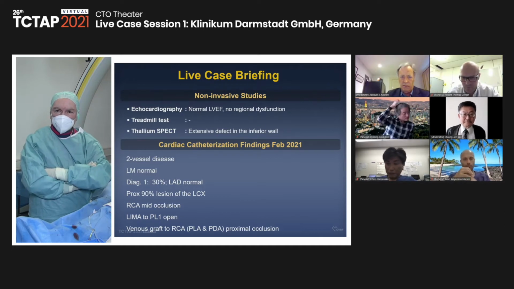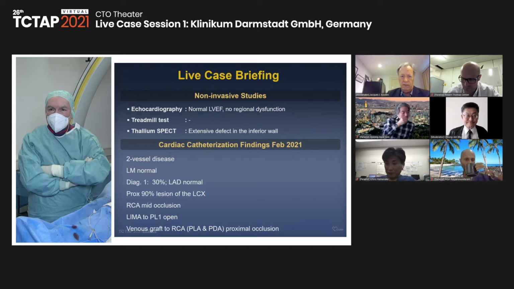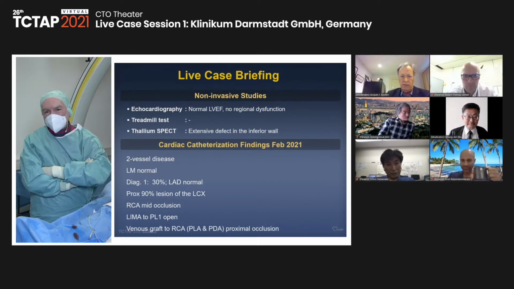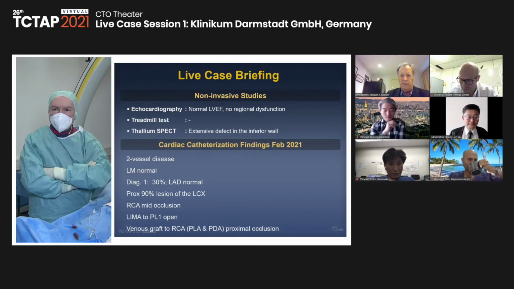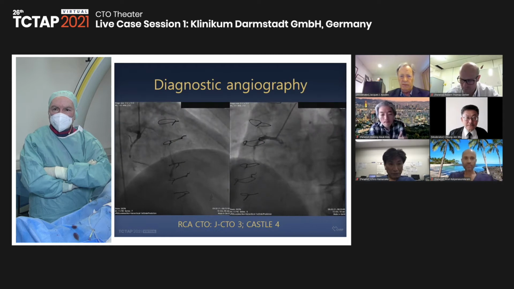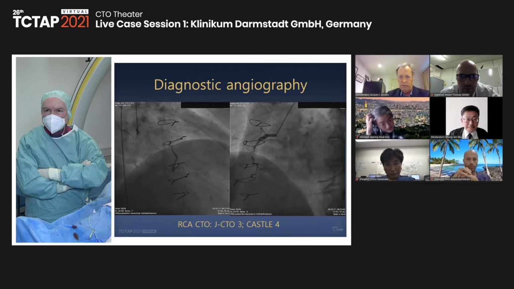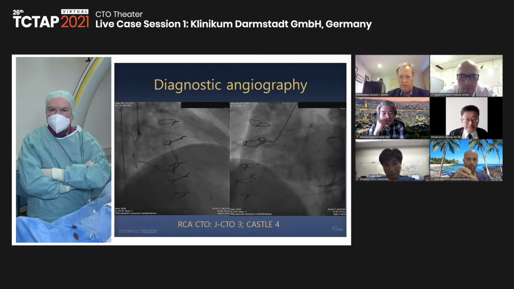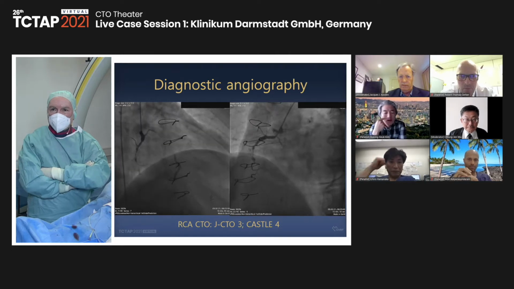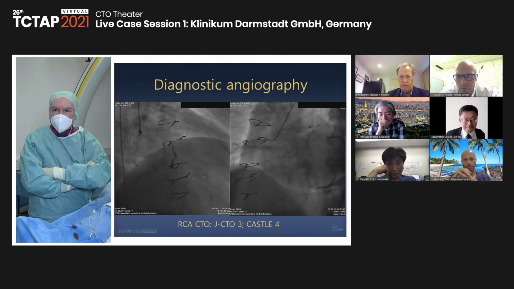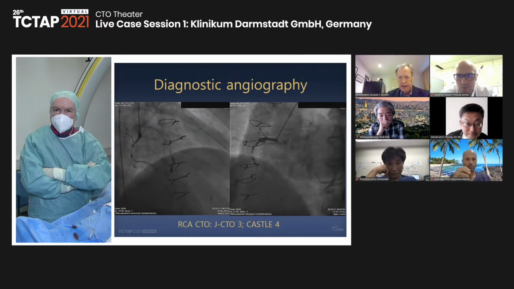He had a venous graft to the right and a LIMA to a PL branch. Actually, the LAD was not severely diseased, so you can discuss, of course, whether this was a surgical case. Next slide. This shows you the right coronary with severe disease, then a big RV branch, and then after the RV branch, there is an occlusion. You also see calcium. And what you see on the image in the RAO projection on the right side is the distal graft sequence,